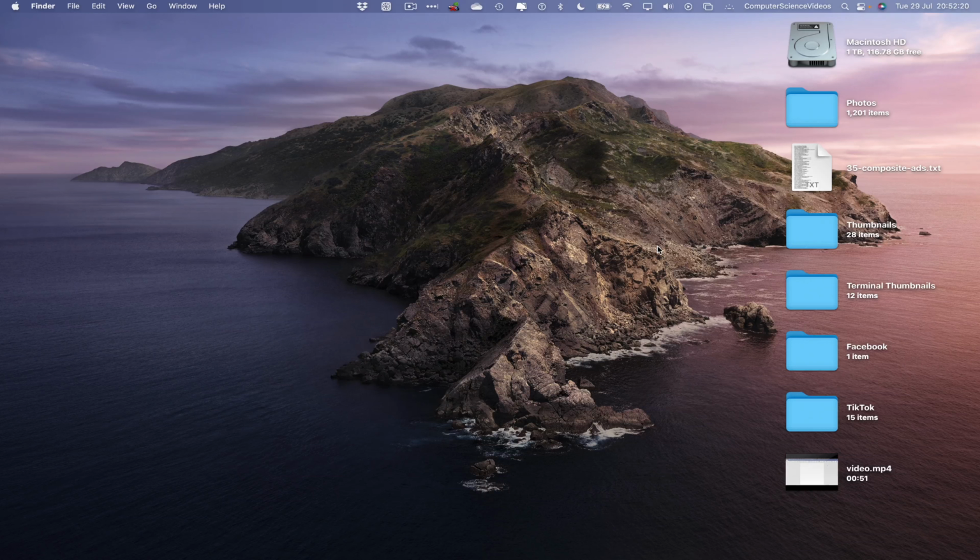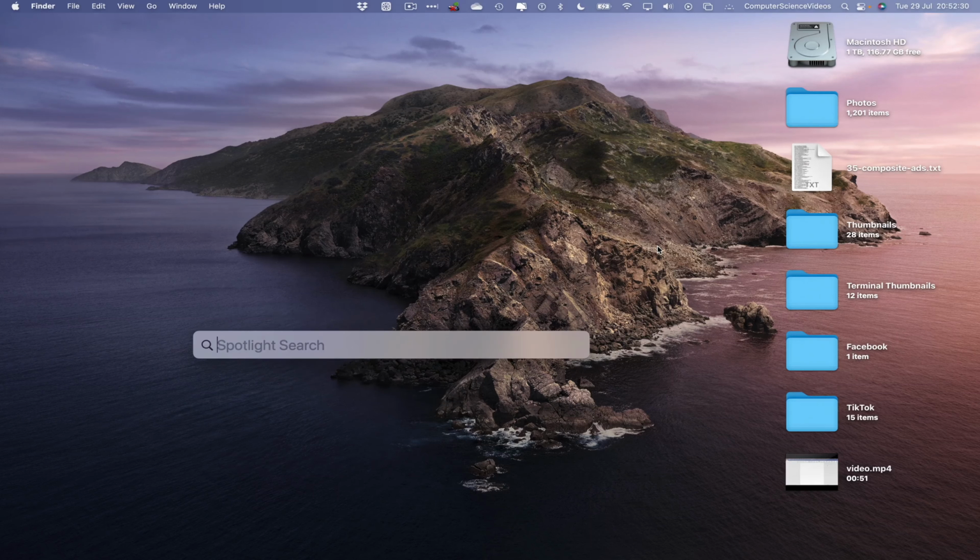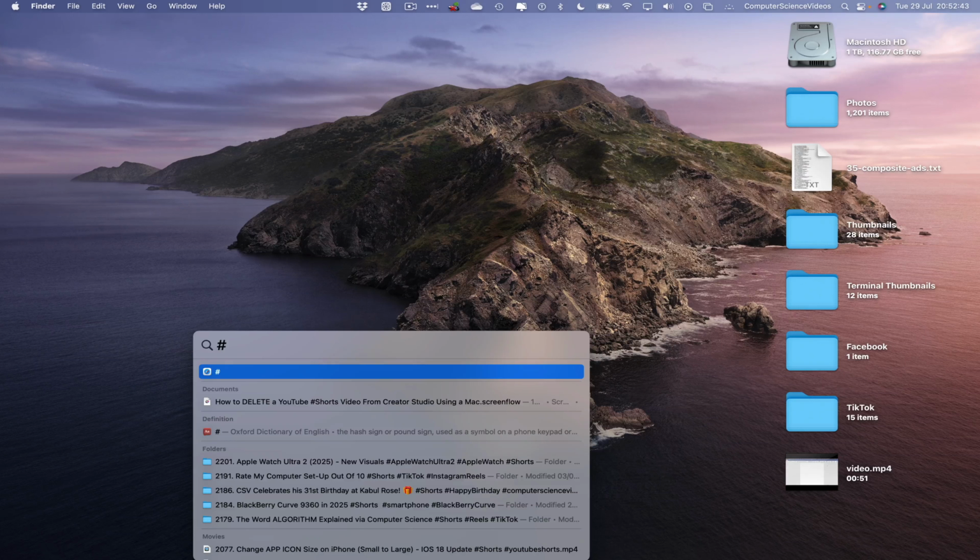So, in this tutorial, you need to have access to a Mac computer and the rest is history. So, let's now focus on the desktop. Command space for a spotlight search, and for you to locate the hashtag key on the keyboard, option and number 3. This will then bring up the hashtag key, and we know how important the hashtag is